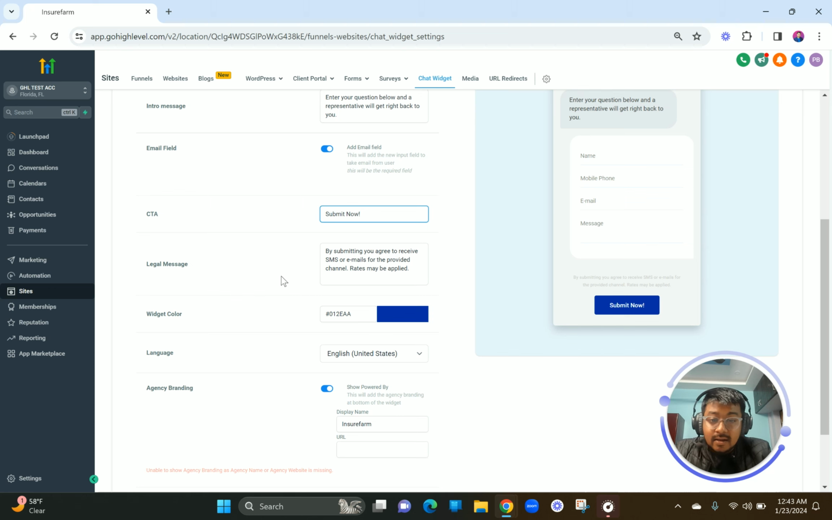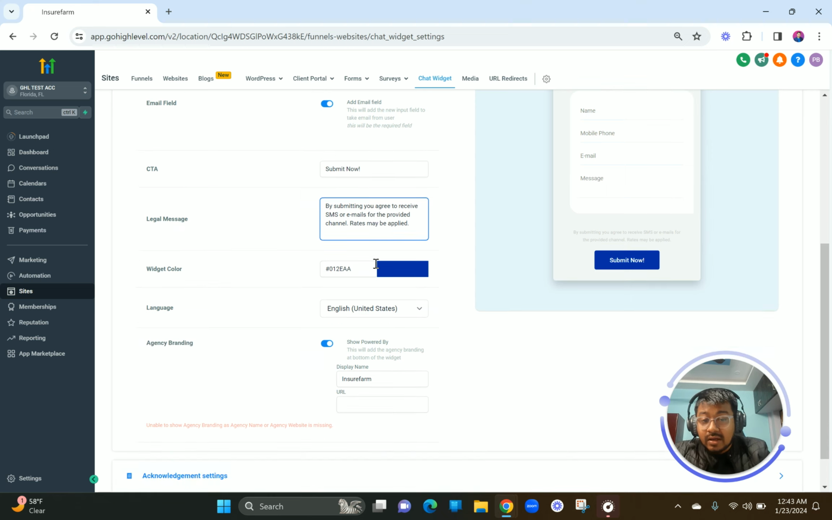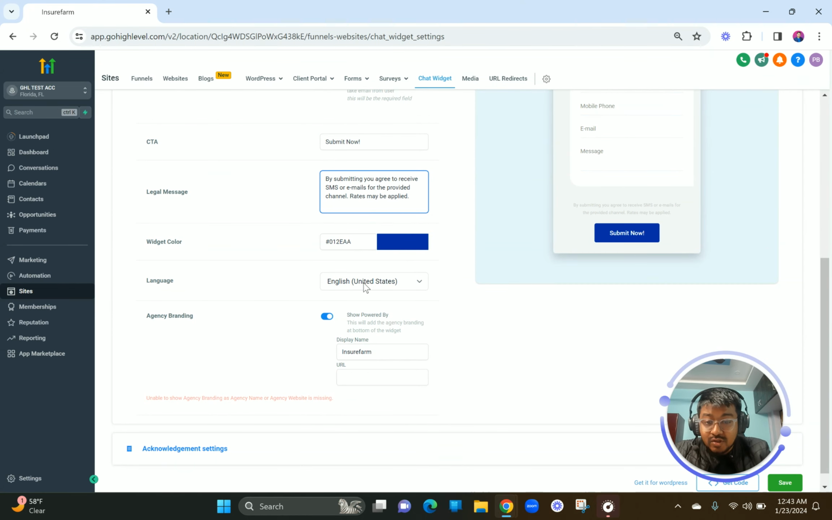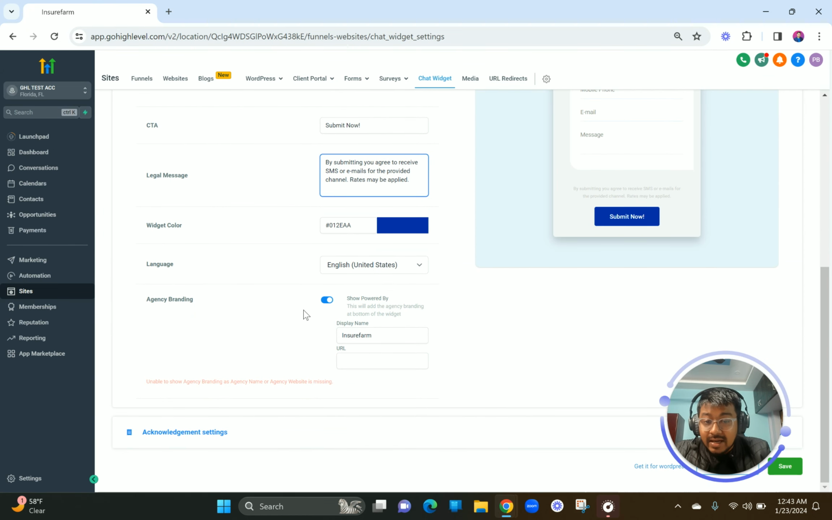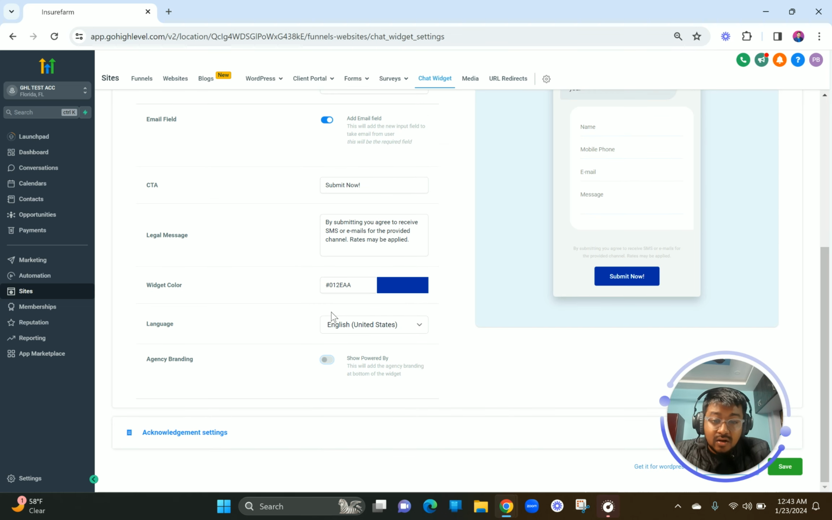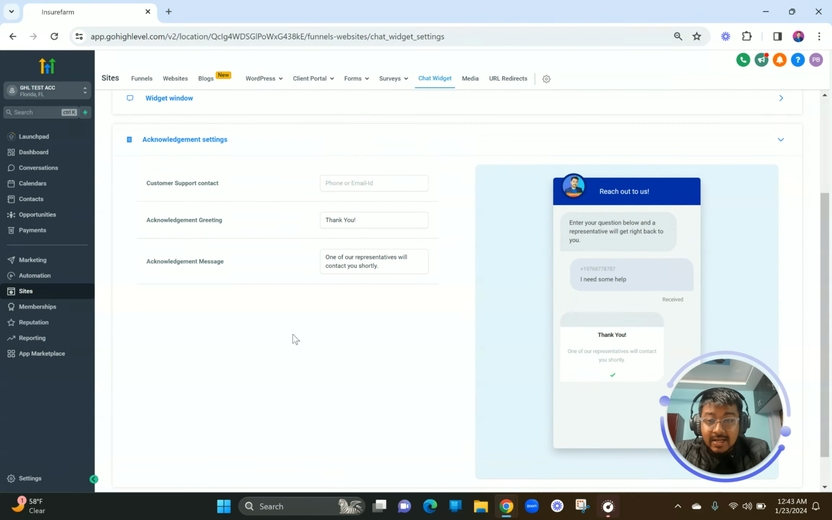Now, the legal message is very clear that by submitting, you're agreeing to receive SMS or email, which is very important because this legal message helps your entire chat widget be compliant and saves us from any kind of legal issues. We already customized the color, language is going to be English US. Agency branding, you can add agency branding or not. I don't think that it is required as of now. Acknowledgement setting, contact support. So let's say I write